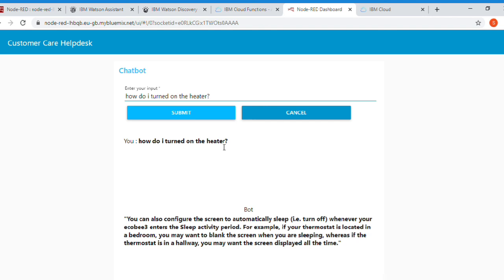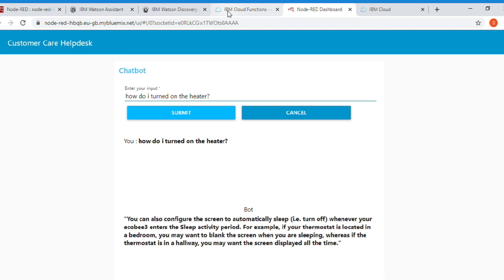In this project we are using four services: IBM Watson Assistant, IBM Watson Discovery, IBM Cloud Functions and Node-RED. Let me tell you once again what they are used for. IBM Watson Assistant is for building conversation, and IBM Watson Discovery is for handling out of scope questions whenever they arise. Cloud Functions is for linking them, and here we also used webhooks.